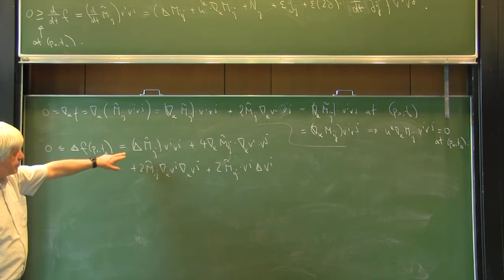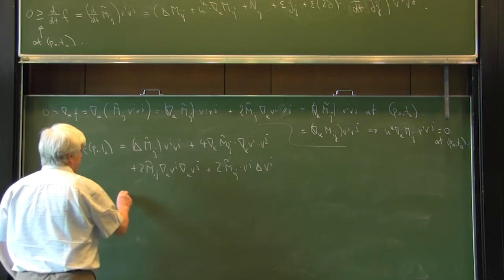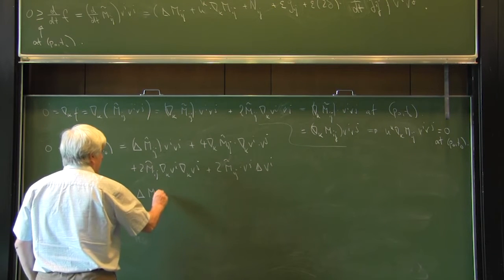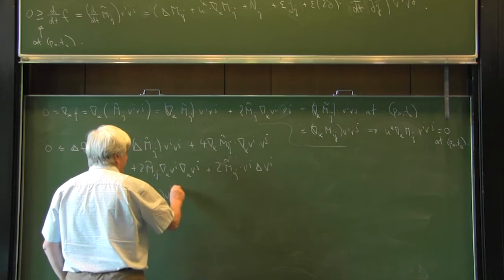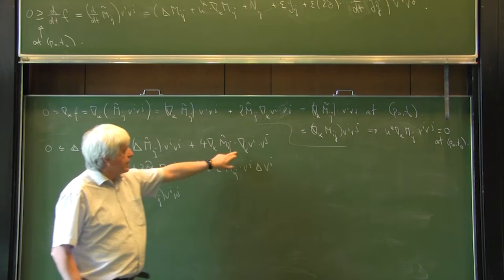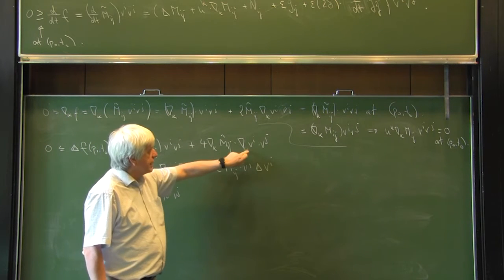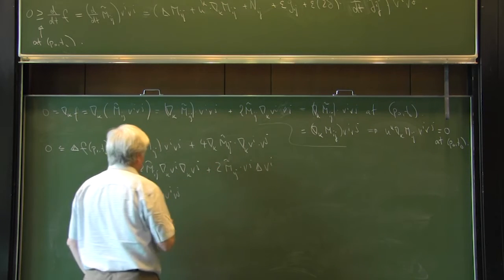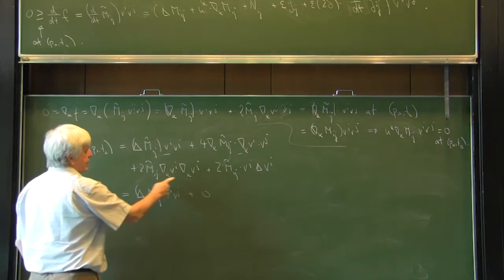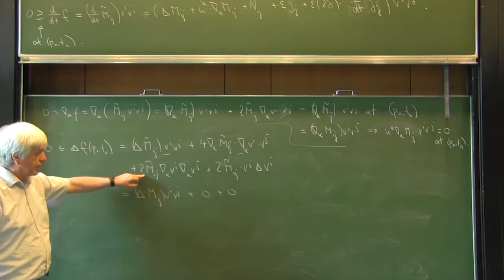Now, this term here is the same as the Laplacian of mij applied to vi vj, again because the Laplacian of the metric is equal to 0. This term here has a gradient of vi, so this is equal to 0 because of our parallel transport condition. Similarly, this one here is also 0 because of the assumption on the parallel transport.